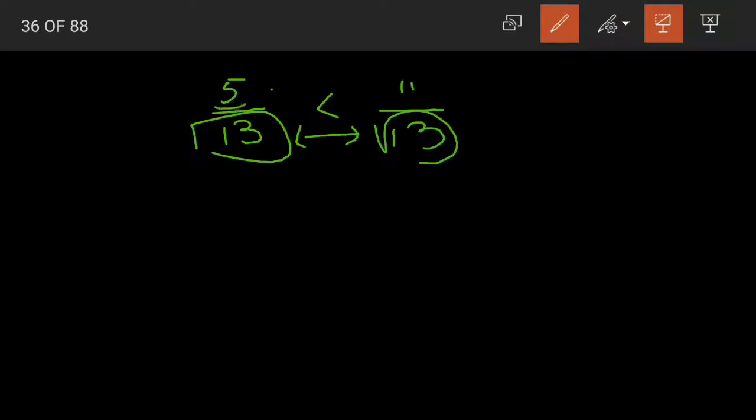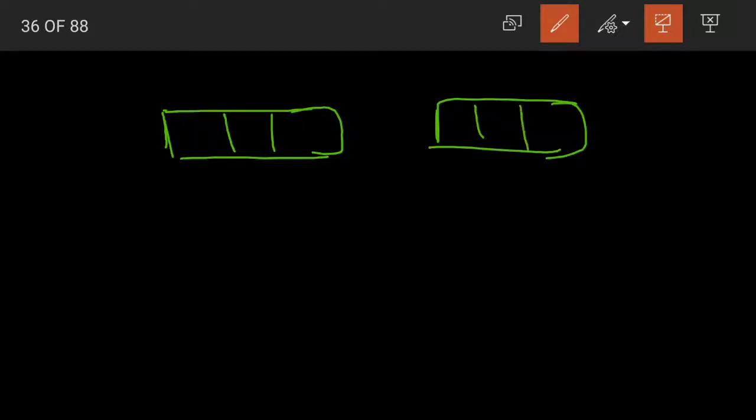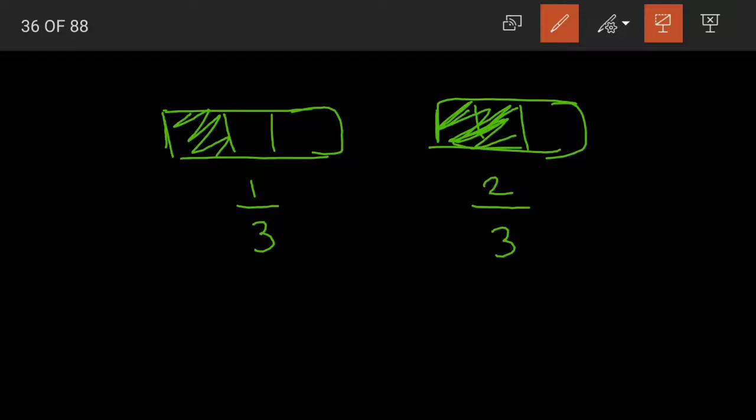Understood? The fraction with the smaller numerator will be our smaller fraction and the fraction with the larger numerator will be our larger fraction. Now if you get confused in an exam about what should be the correct one, you can simply take a diagram, okay? Take a figure of the same size and shape. Now if I take 1 by 3 as the shaded part and I take 2 by 3 as the shaded part, can you tell me, children, which is the bigger fraction here?